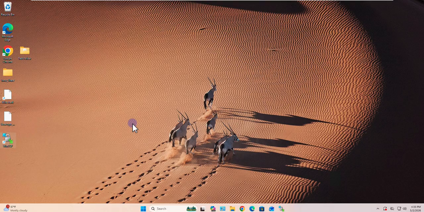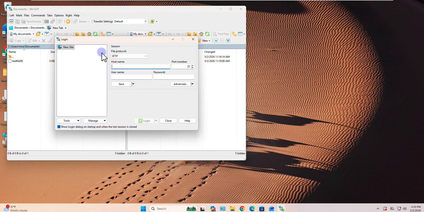So double click on the shortcut. Here you have the file protocol. There's SFTP, Secure File Transfer Protocol, and SCP. These two are secure. You can use either one of them, it doesn't matter. Then you need the host name, which is the IP address of the Debian machine that we got,